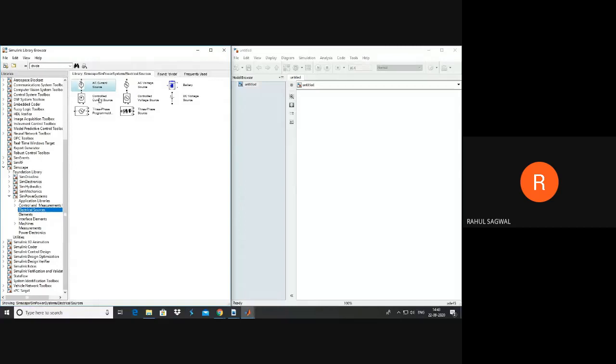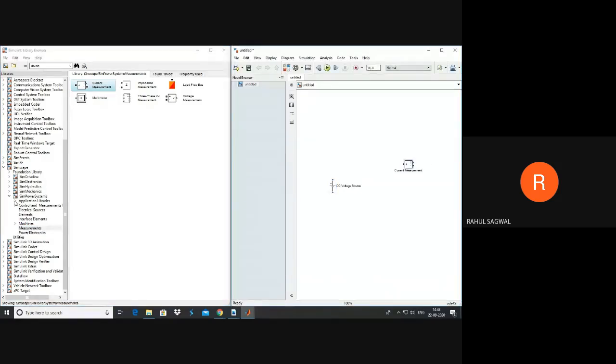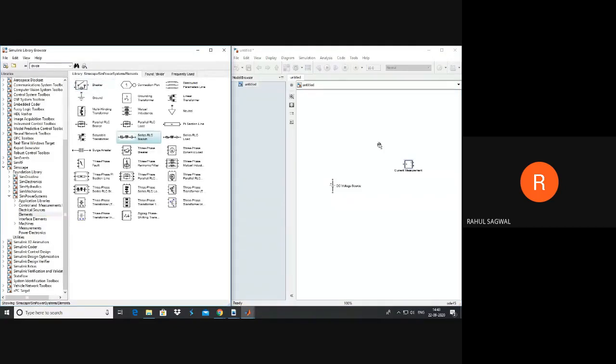I'll show you both the options. One option is you add this as a separate source, then you add a current measurement, go to elements, add series RLC parallel branch twice.